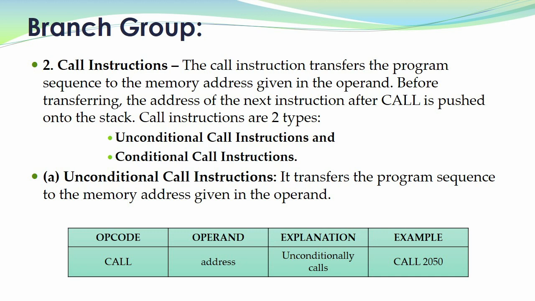This is a 3-byte instruction that transfers the program sequence to the subroutine address. It saves the content of the program counter on the stack, decrements the stack pointer register by 2, and jumps unconditionally to the memory location specified by the second and third byte. The second byte specifies a line number and the third byte specifies a page number. This instruction is accompanied by a return instruction in the subroutine.